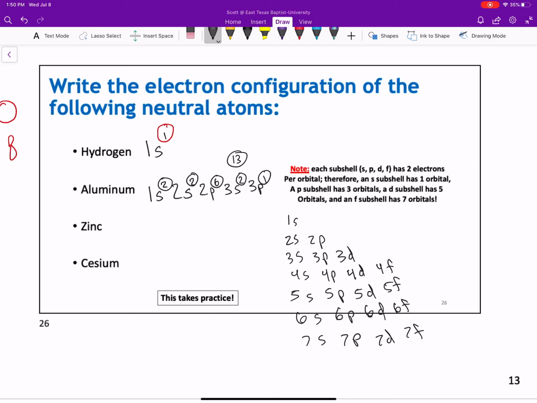And then if you were looking for aluminum, the way you do this is you travel down there. Like that. And then notice that what we did is we stopped